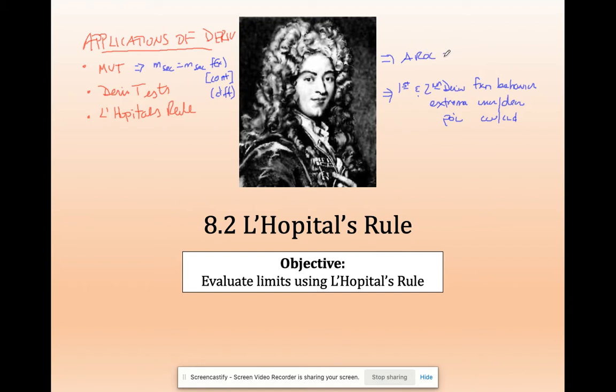Average rate of change equal to instantaneous rate of change, again, given that you satisfy the three conditions of the mean value theorem. Derivative test using the first and second derivative, critical points, all that kind of stuff, extreme value theorem to determine